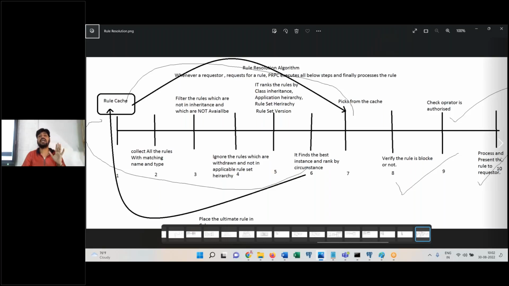The rule resolution algorithm starts getting executed whenever a rule is being requested by a requester. The process command starts executing the rule resolution algorithm and verifies whether the rule is there in the cache or not. If the rule is there in the cache, it picks the rule from the cache, verifies that it is not blocked, verifies the operator is authorized to access the rule, processes the rule and presents the rule to the requester. If the rule is not present in the cache, PRPC picks all the rules with matching name and type